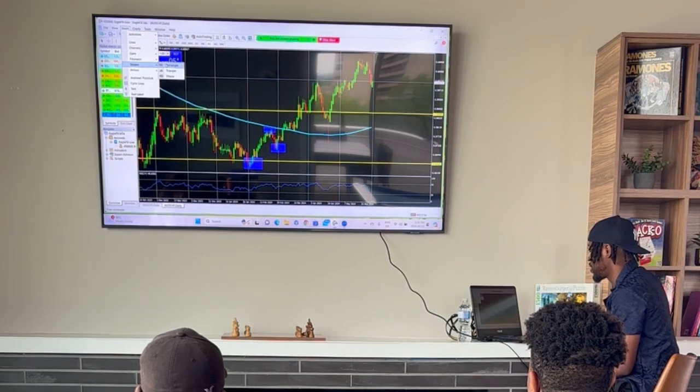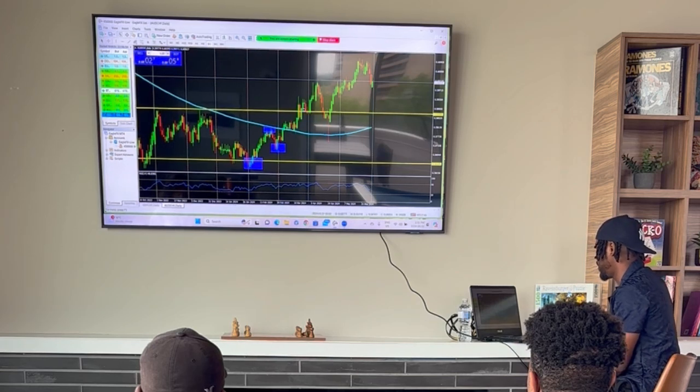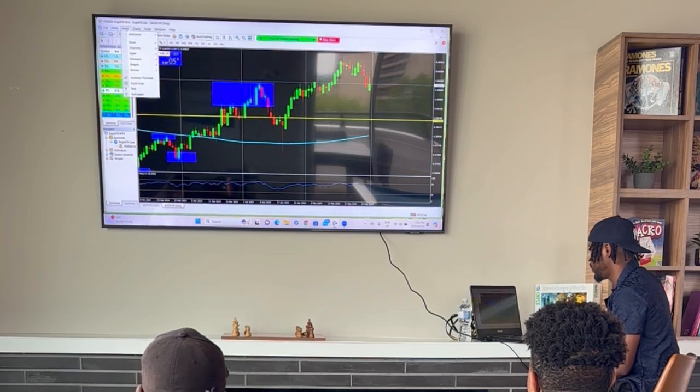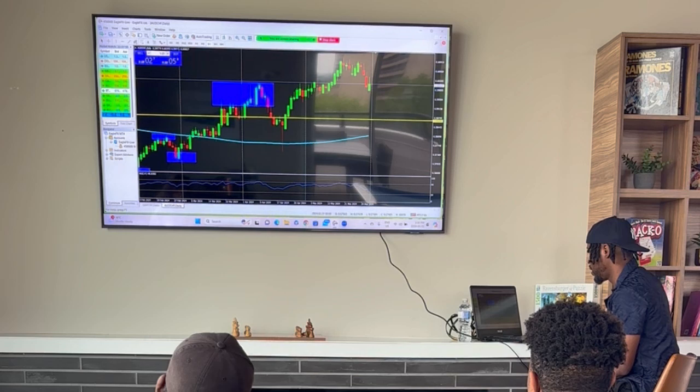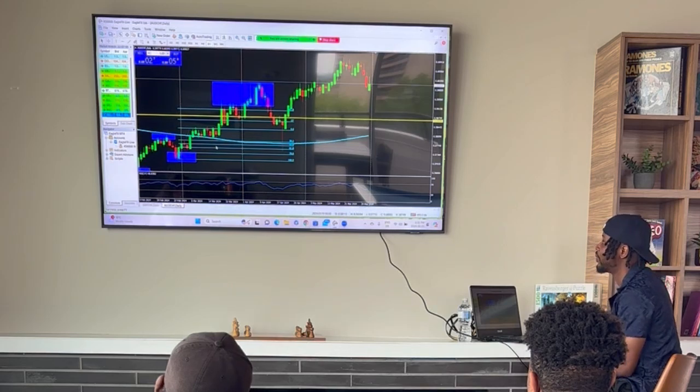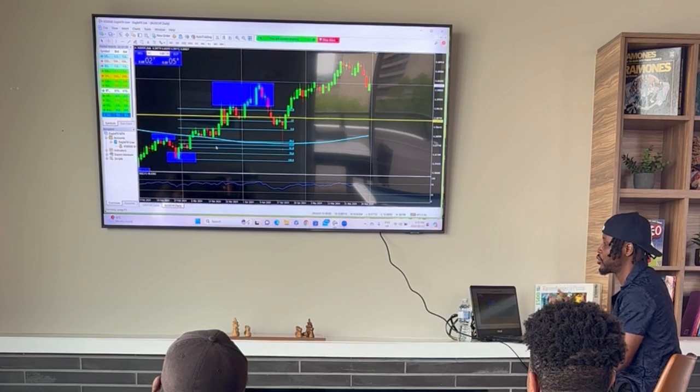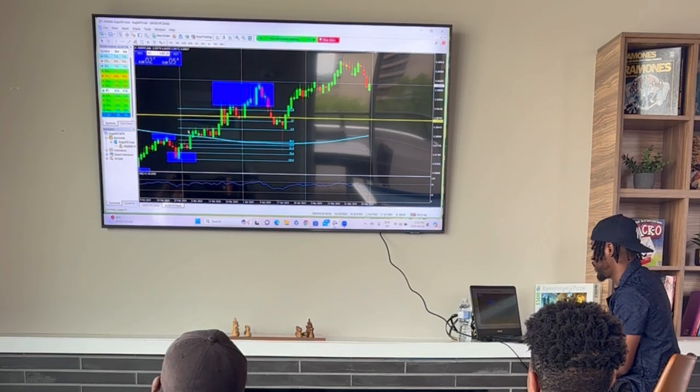yet again, guys, I don't expect you to get this right away. Even the fib sometimes is mad confusing for me. This is the most recent. This was the higher high. This is not a higher high, because let me show you. If you grab your fib and place it from here to there, thinking this is the retracement, guess what? It never came down to the 50 or 61. And the market has got to come to the 50 and the 61% for it to be a fib retracement or a higher low.